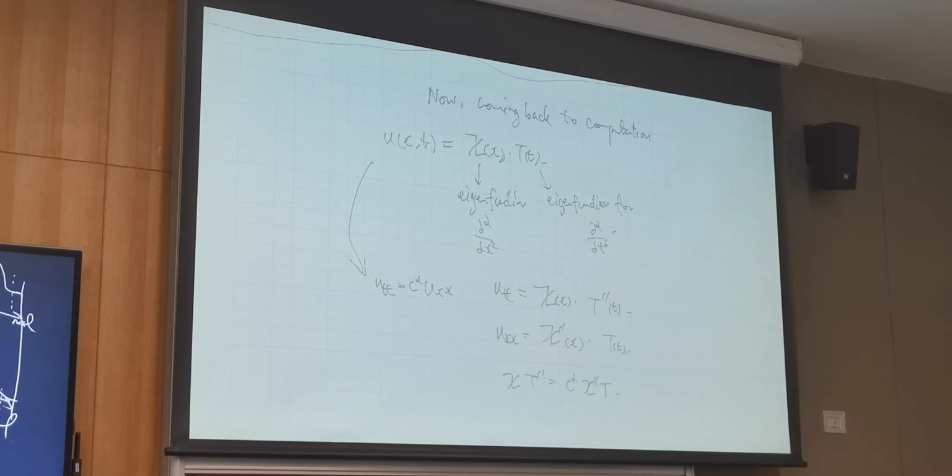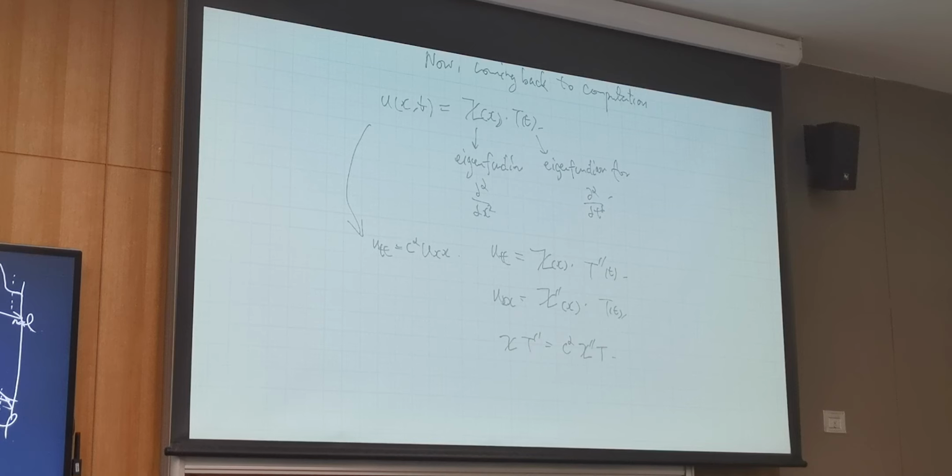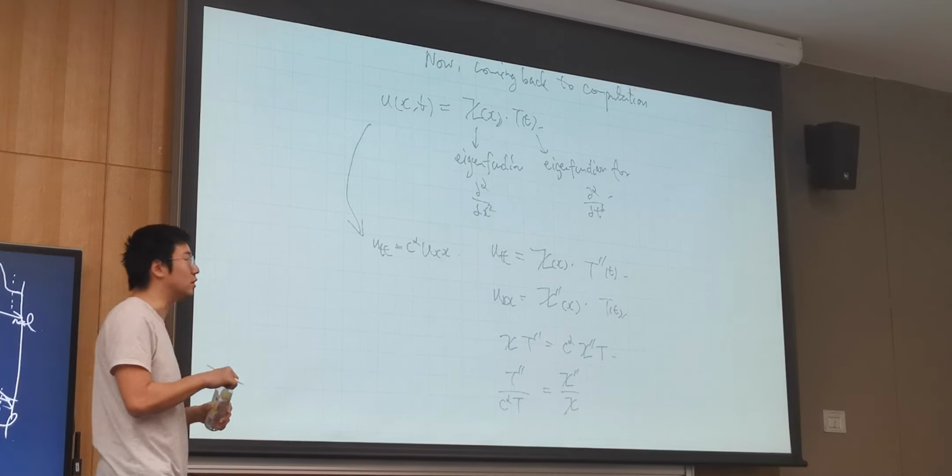Now what we have is exactly that: T double prime over c squared T equals X double prime over X. I'm just doing the separation of